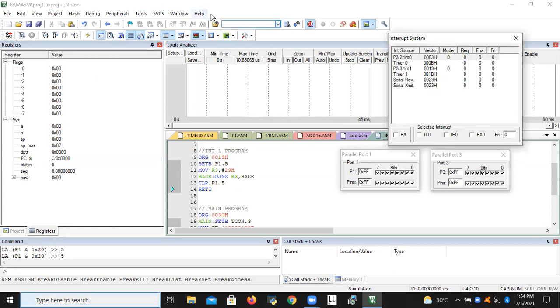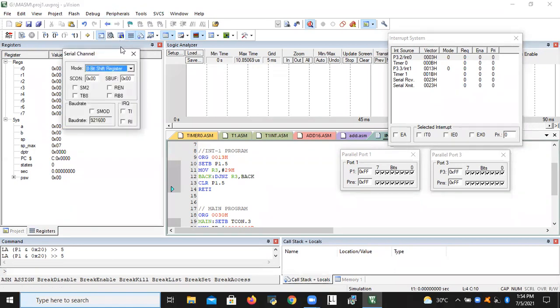Here it will give the interrupts. How many interrupts were there? Totally 6 interrupts, right? These are the 2 serial interrupts, receive interrupt and transmit interrupt, and the remaining 4 are timer and 2 external interrupts. Just see, this I selected from here. Serial channel.